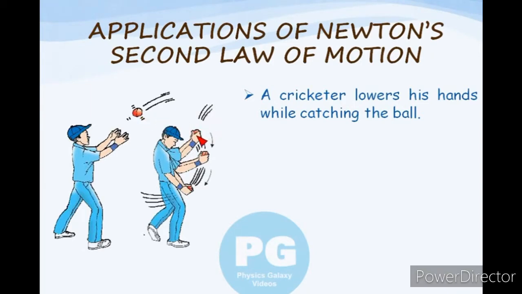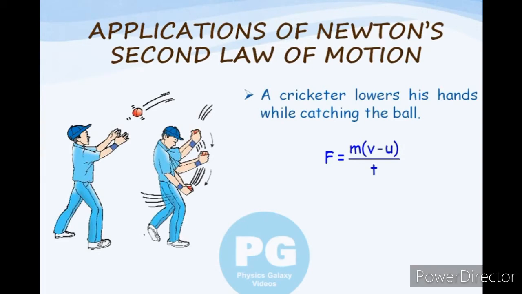If we need to catch the ball, that means we have to get its final velocity to 0. That means, in catching the ball, the momentum of the ball has to be reduced to 0. The force applied on the ball by the hands is given by F = m(v - u)/t. By Newton's second law, the force is directly proportional to the rate of change of momentum. If the ball is stopped suddenly, then the velocity of the ball is reduced to 0 in a very short interval of time. So if t is very small, then F is going to be too large. And this large force may cause injury or damage.